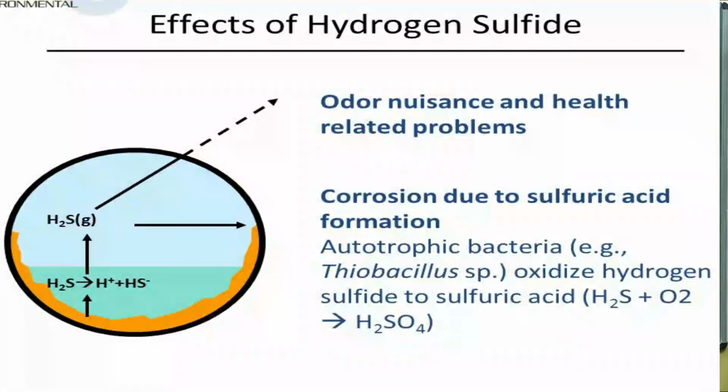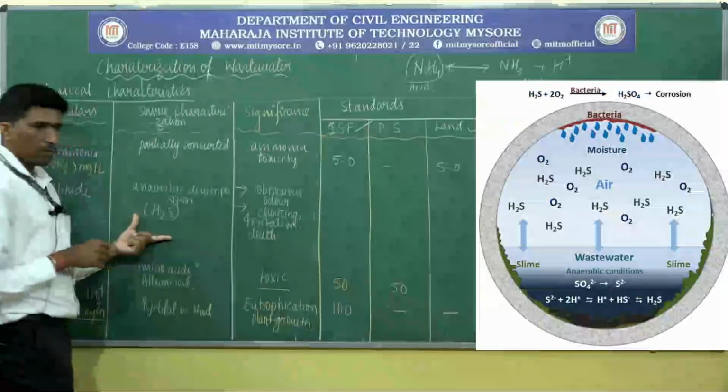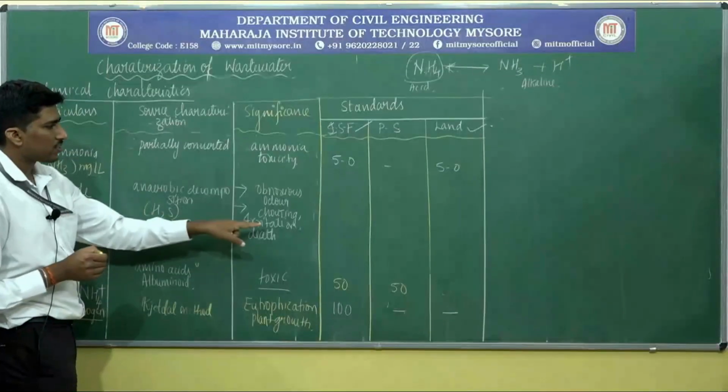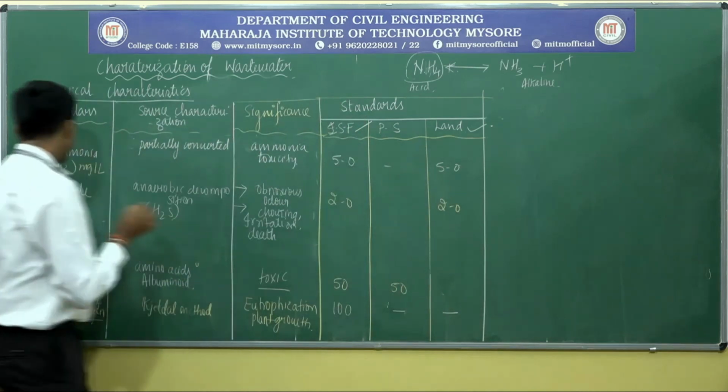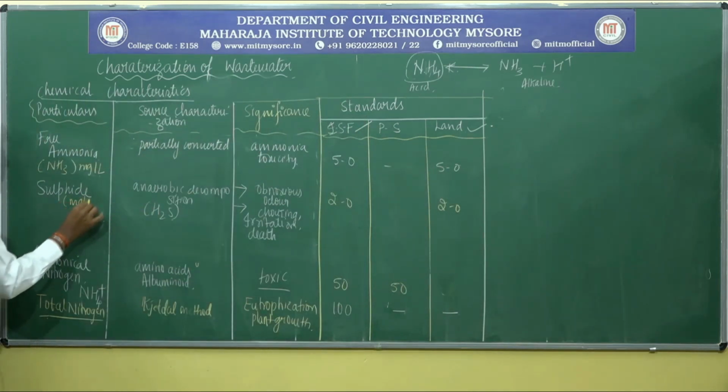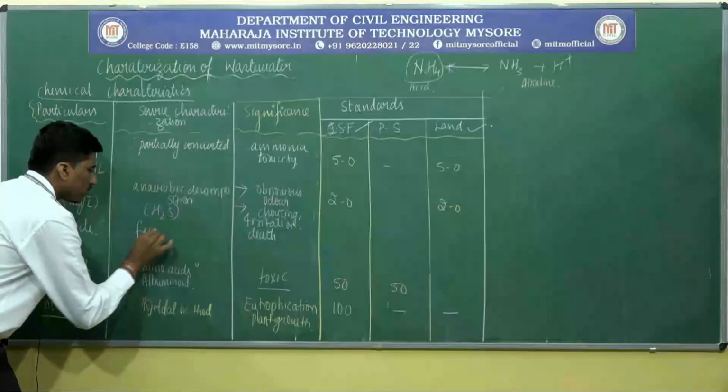Okay. For this sulfide content, the amount of the sulfide content is mainly due to the major sources of the anaerobic decomposition, and that is counted to be 2 mg per liter. Sulfide is further converted in terms of sulfate. Next, last thing I wanted to take up for this part of the session is related to the chloride content. Okay, chloride content. Normally, the chloride in the fecal discharge